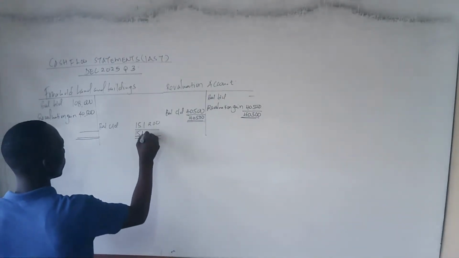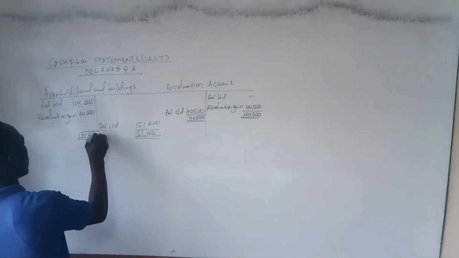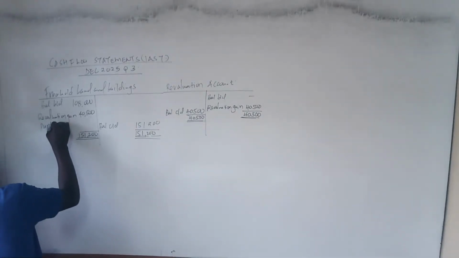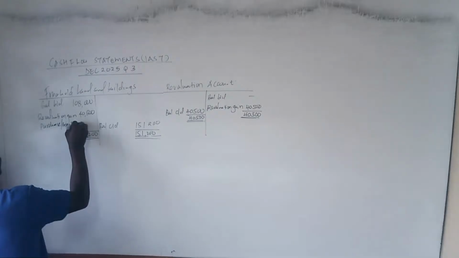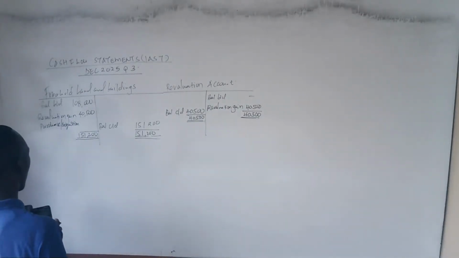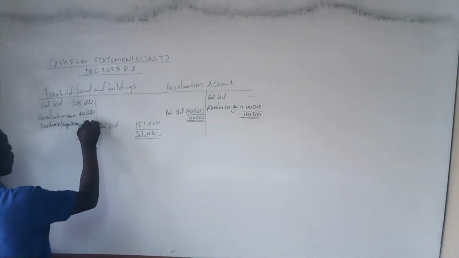So 151,200, 151,200. Therefore, we have what we call the purchase, or what we call the acquisition. We have the purchase or acquisition of 151,200. Then we raise the answer. We are going to get an amount of